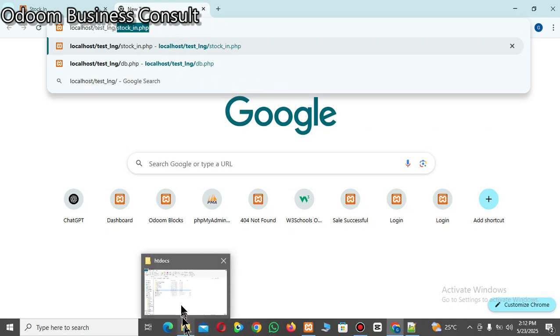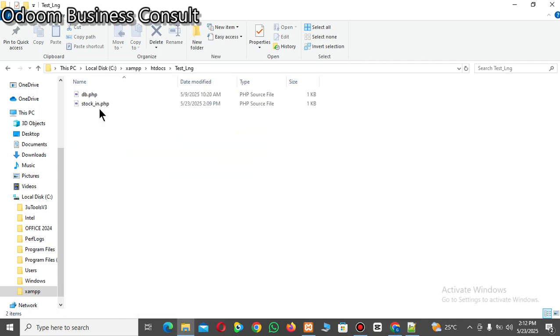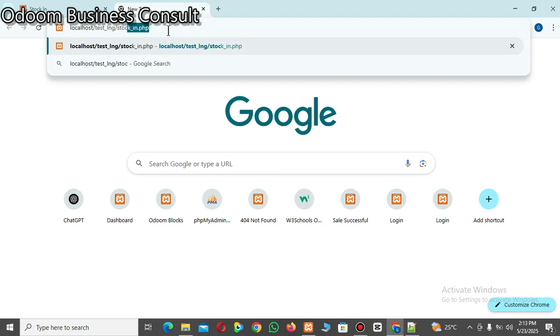The PHP file, if you open it, is stock underscore in.php. So you type it over there, stock underscore in.php, then enter. Now if you see a blank space, if there is no error message